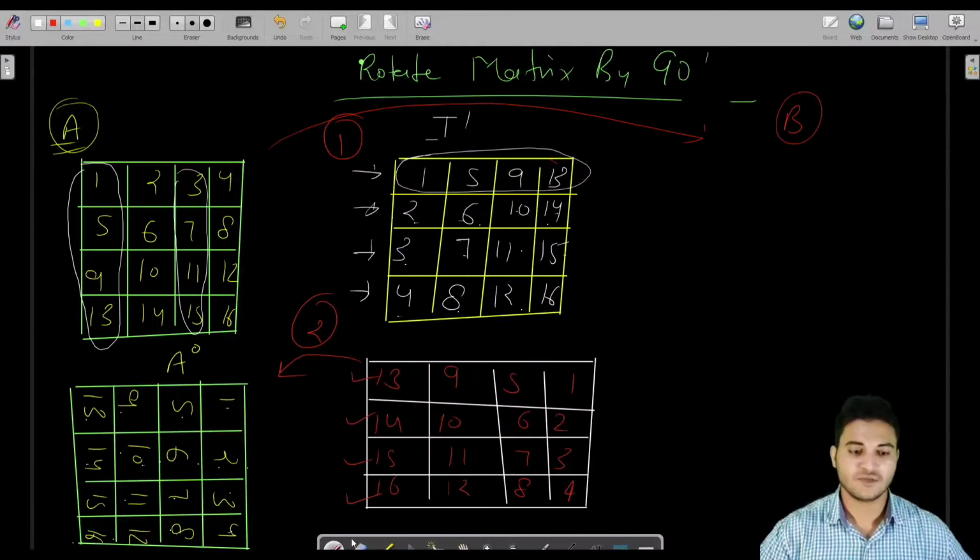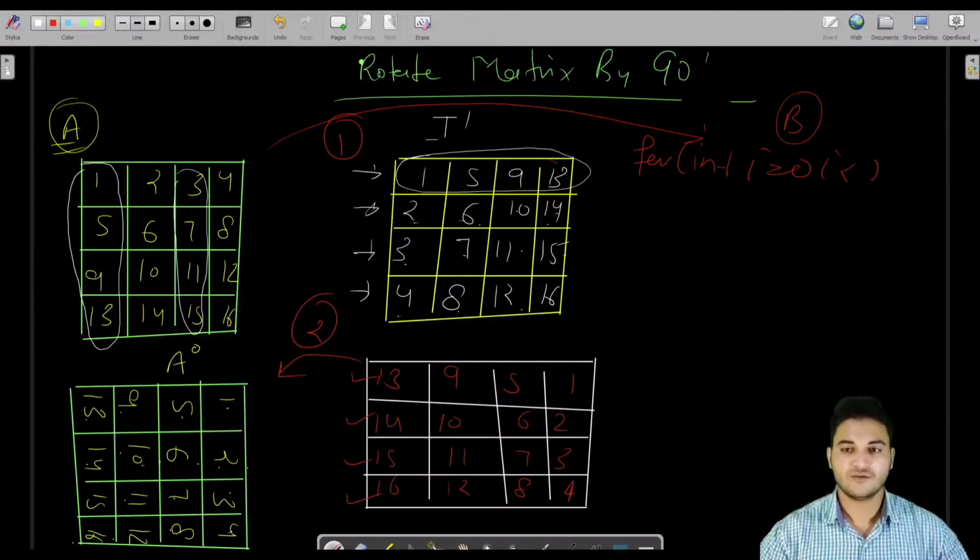That is simple, but when the task is to transpose the matrix into the same matrix, people usually write a loop int i equal to 0, i less than row size, and for column size also int j equal to 0, j less than column size. So they usually start j also with 0.